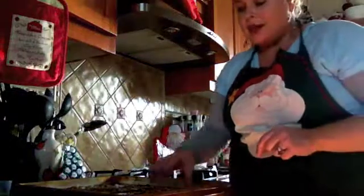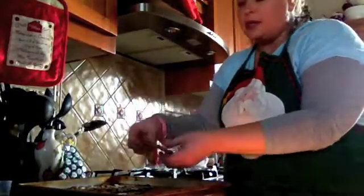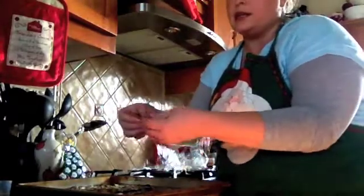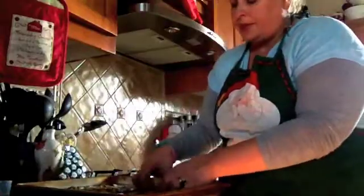As you can see, our toffee is about done. So what we're going to do is take the pieces, and they're going to break really easily into pieces. So we have our toffee done, and it is yummy. Here is the piece right here. It is beautiful. It is crunchy